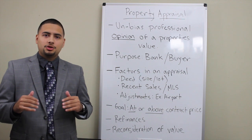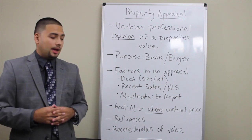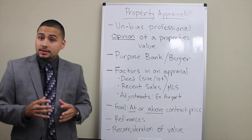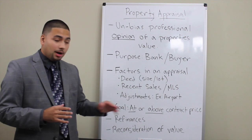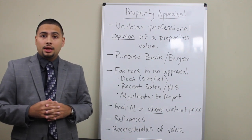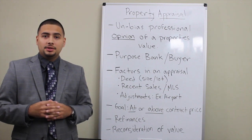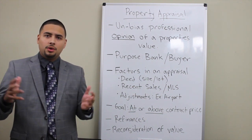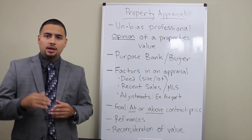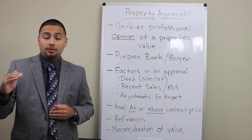The bank can feel assured in the loan that it's giving to the buyer, okay? Now, where do we see issues? If it does not come in at or above the contract price, then that's where people get creative. Say the property is listed for $500,000, which is the going rate around the area I work in, and it goes for $475